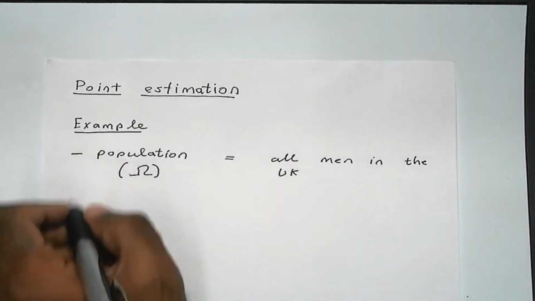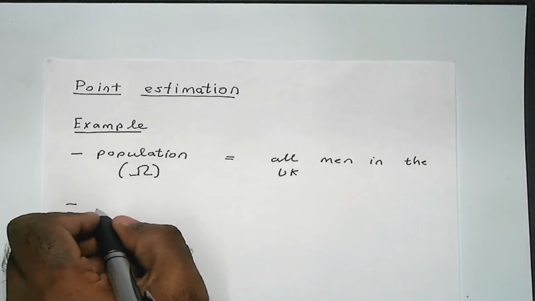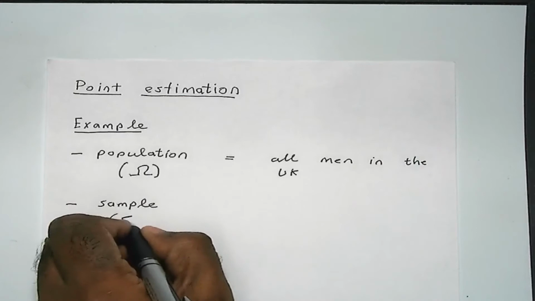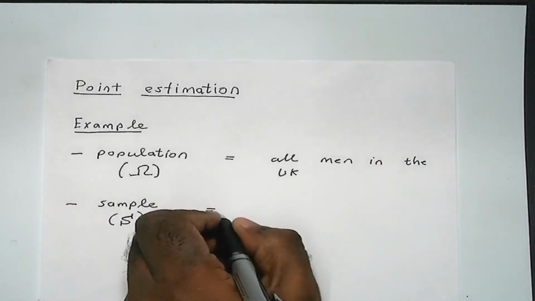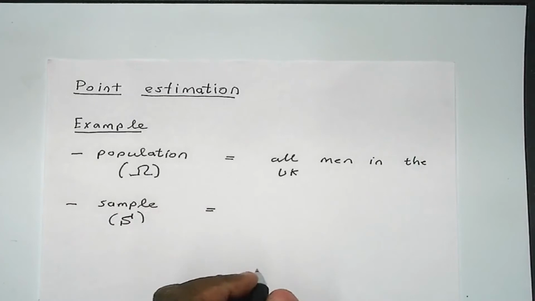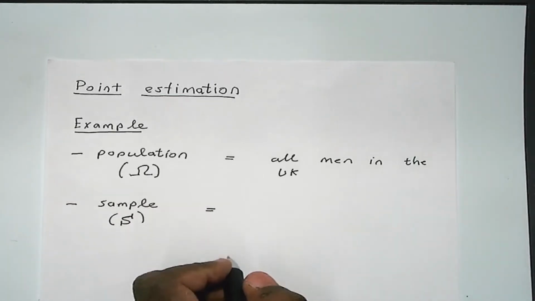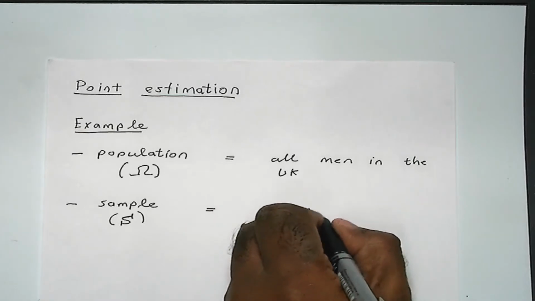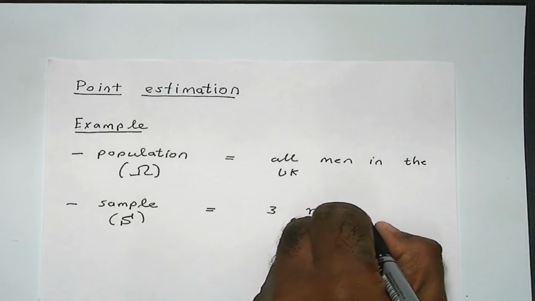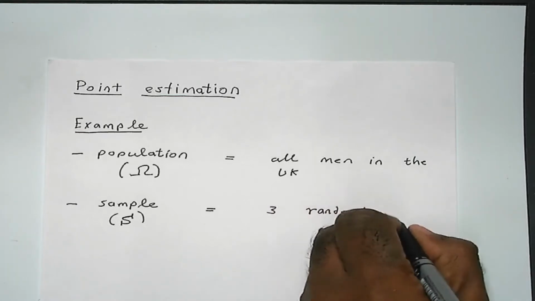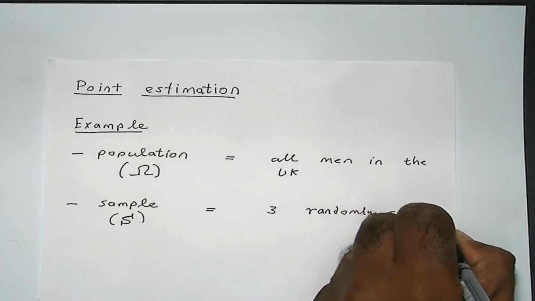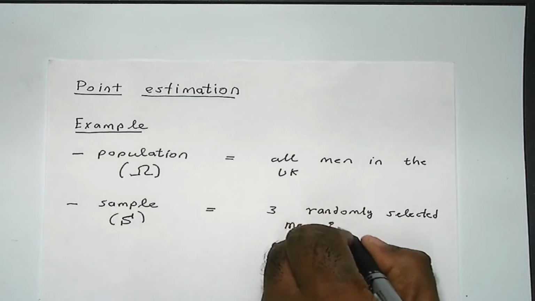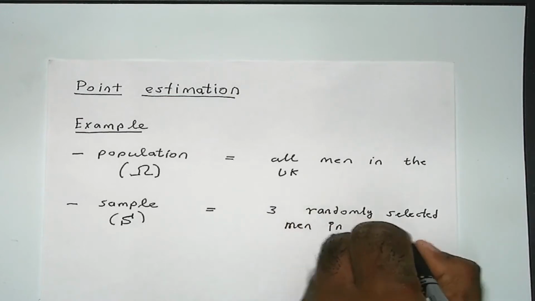And the sample, which we denote by S, contains, suppose say, instead of 100, suppose we say just 3. Say 3 randomly selected men in the UK,